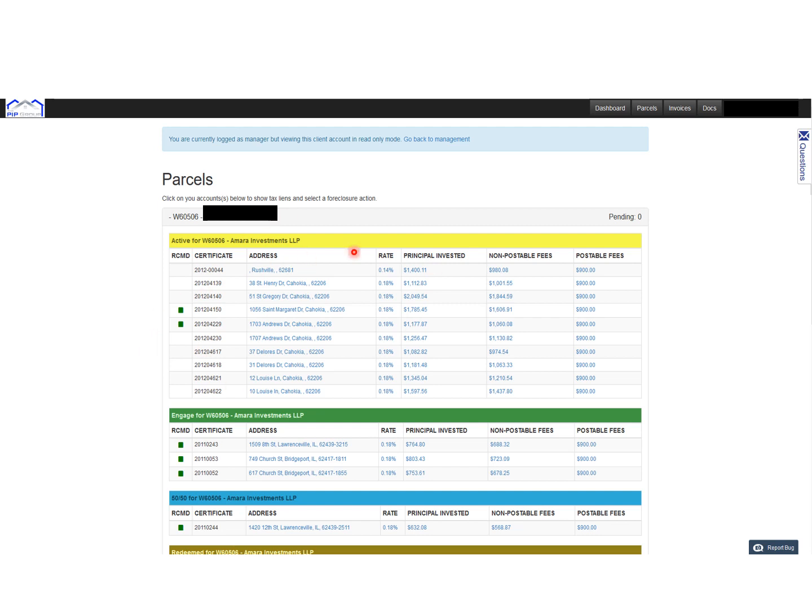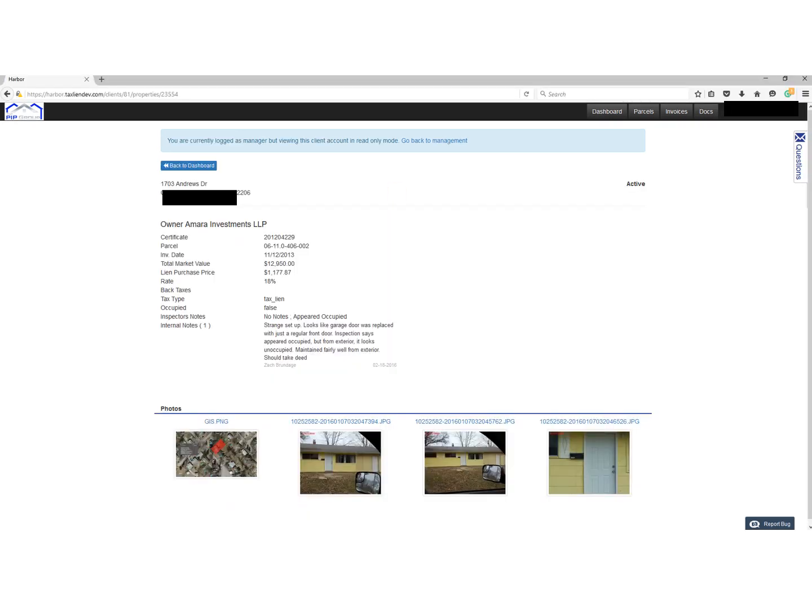So essentially what we're looking at is up here, you can see that PIP has recommended these two particular properties so far. This is an ongoing process. So as of right now, we've highlighted these two. To go take a look at this and see what the notes are and the pictures behind the property, you're just going to click on the address. Very simple. Click on the address and it's going to take you.